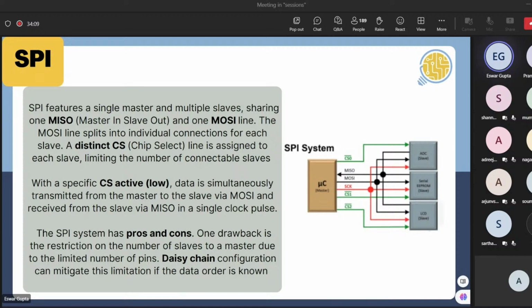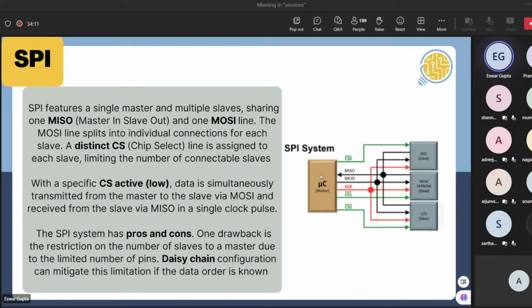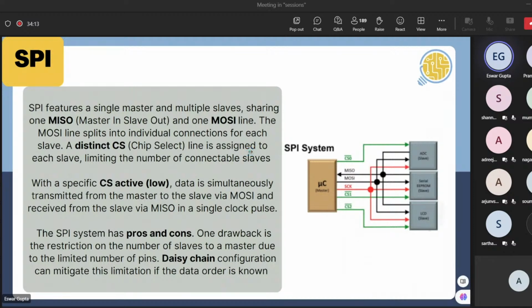If all the 3 slaves get the command, how does a particular slave know that the command came to it? Suppose there are 3 microphones. One microphone is at the stage, another is at the audience, and another is somewhere else. If the master needs to send a signal to the microphone on the stage to record what the speaker is saying, how does that particular microphone know that the data it received is for it? Because the MOSI line is connected to all the 3 slaves, right? How does it know?